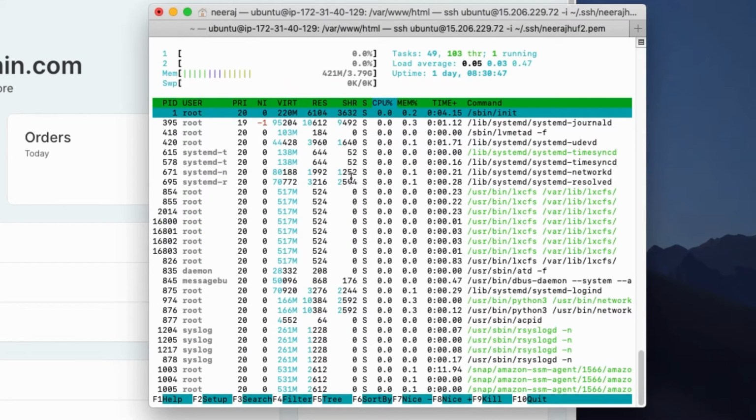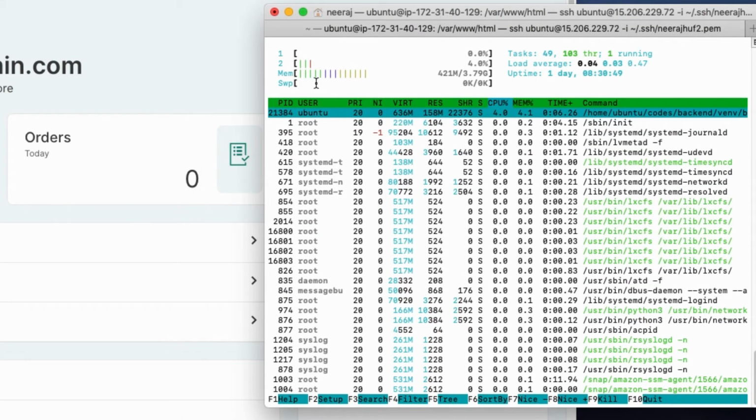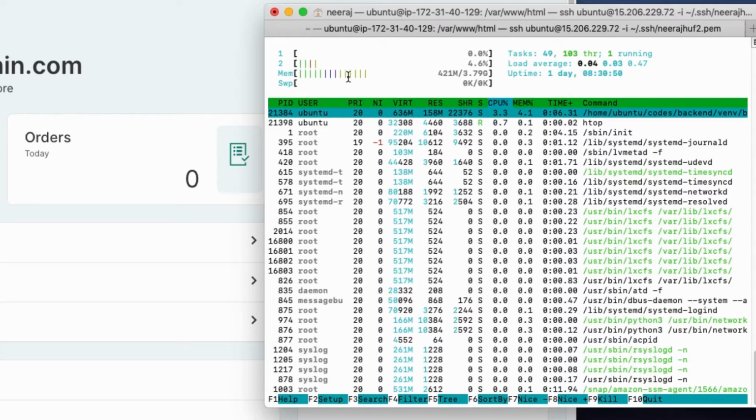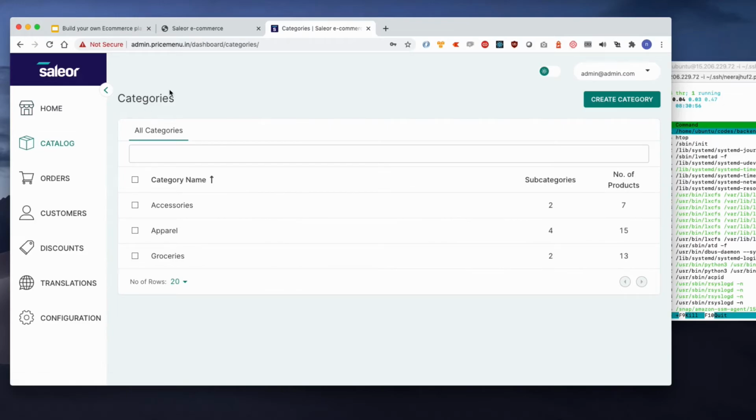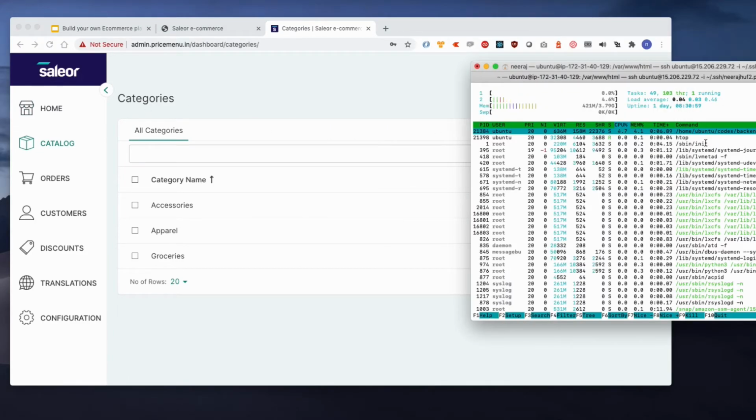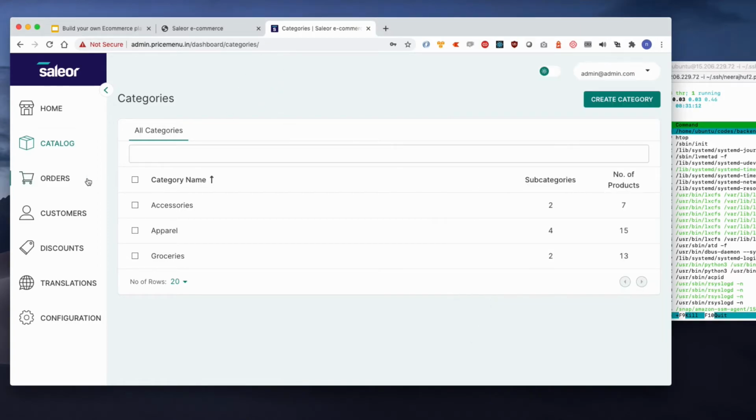I can also verify my server process and see my memory, very little memory is being used despite my dashboard being up. As we have already seen while building, webpack took almost 2 GB of memory. Even if we run our dashboard via webpack, it will take more than 1 GB of memory. So my admin dashboard is working.